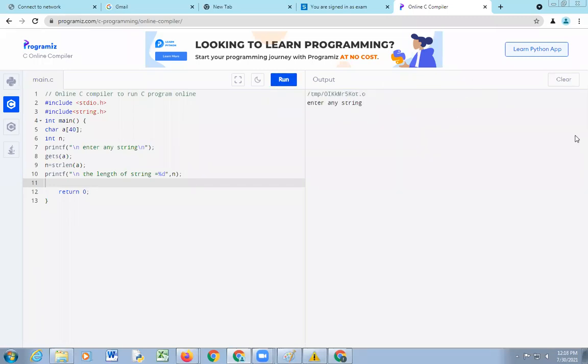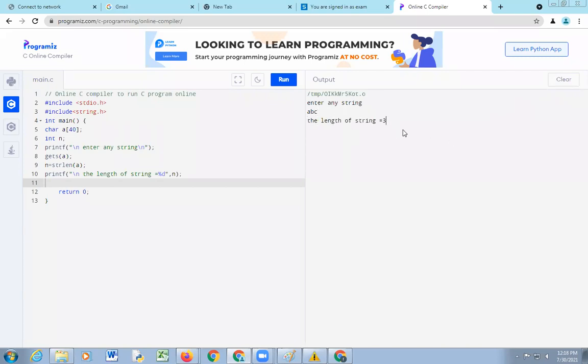Enter any string. Last time the string we entered was hello, comma, space, welcome to Solapur. So here suppose I take a simple string first.